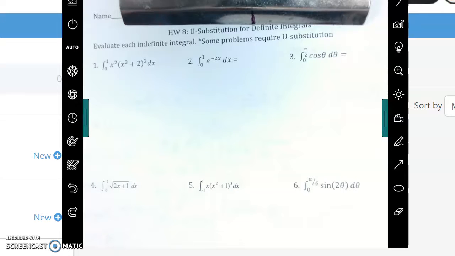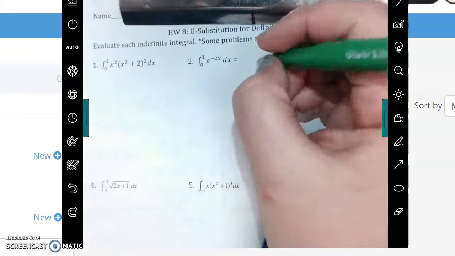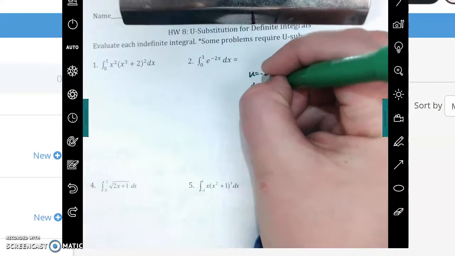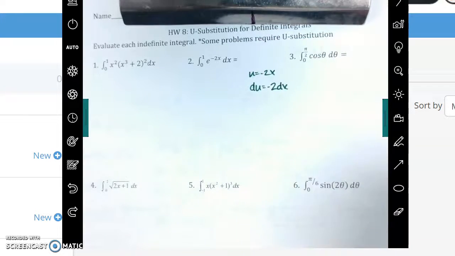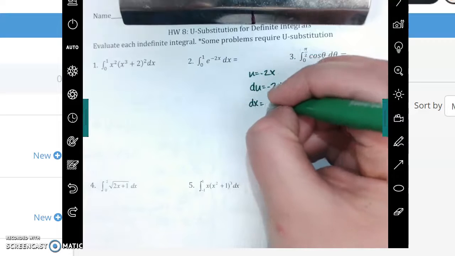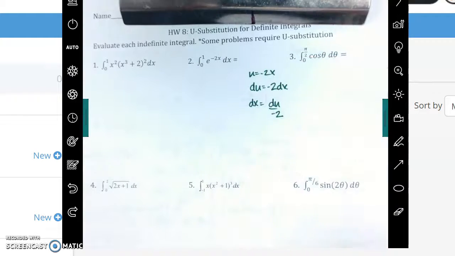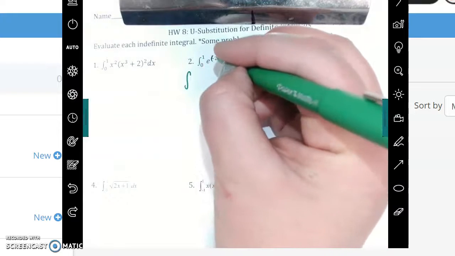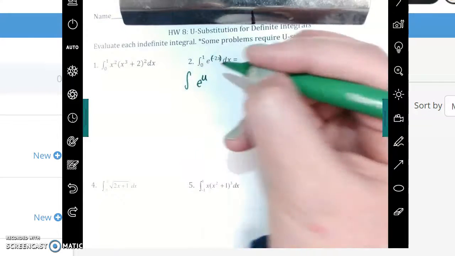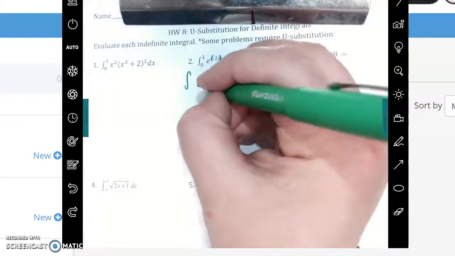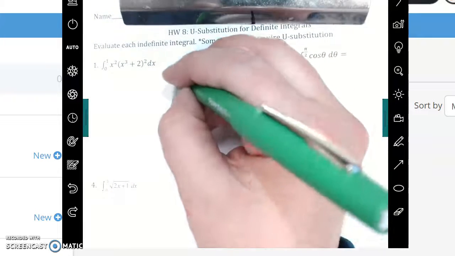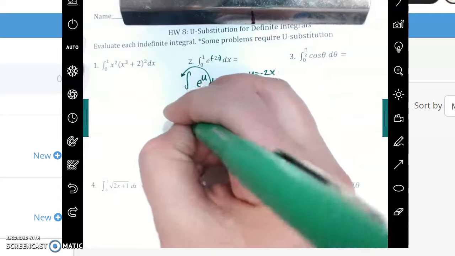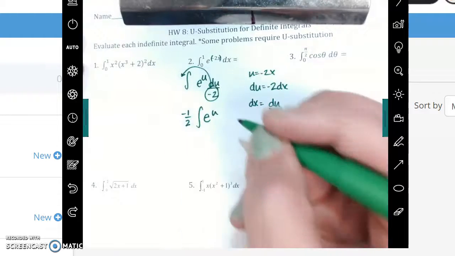What would you choose as your u? Negative 2x. Okay, so u is going to be negative 2x, which means that du is negative 2 dx, which means that dx is du over negative 2. So far, so good? Okay, we're rewriting our integral. So this is e to the u, because my 2x is now a u. And then my du is a du over negative 2. I'm going to pull that to the front. This is what we learned yesterday, that when you rewrite your integral, negative a half e to the u,